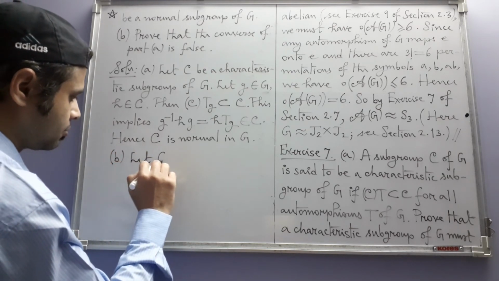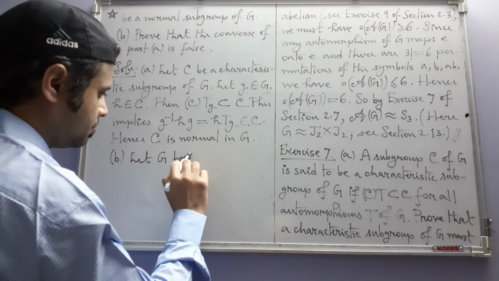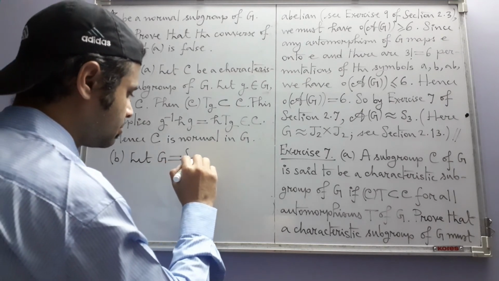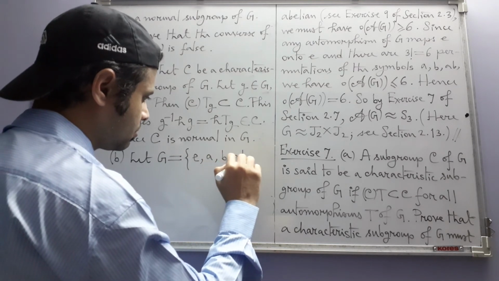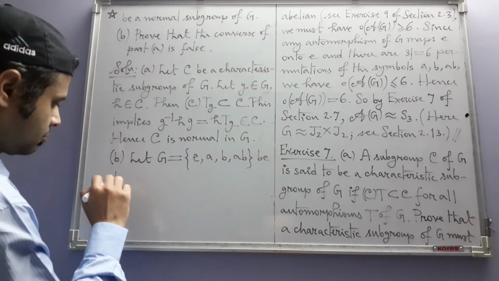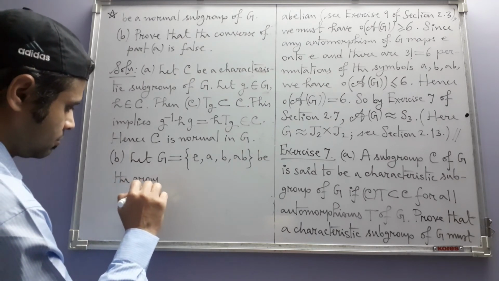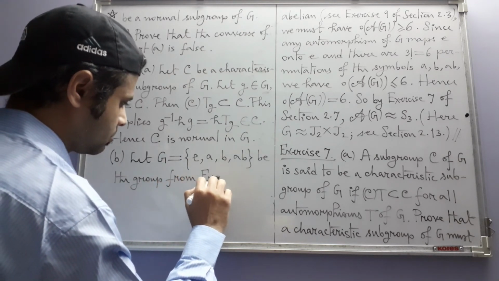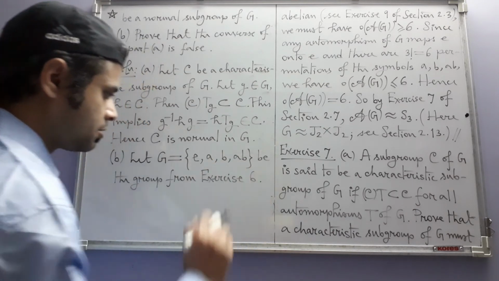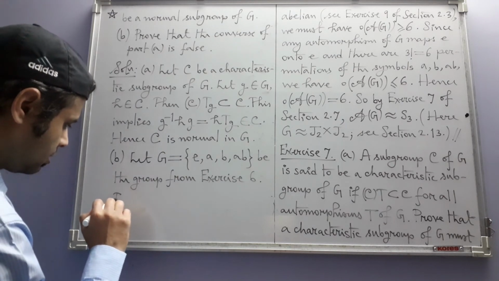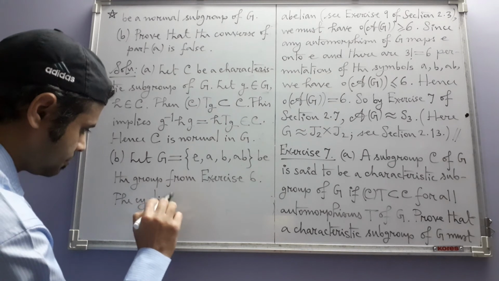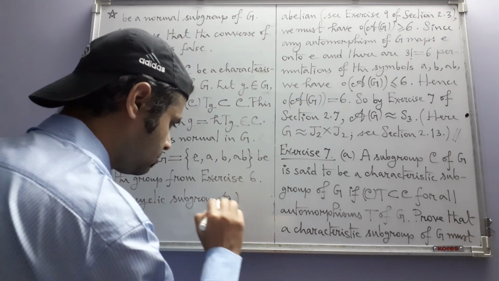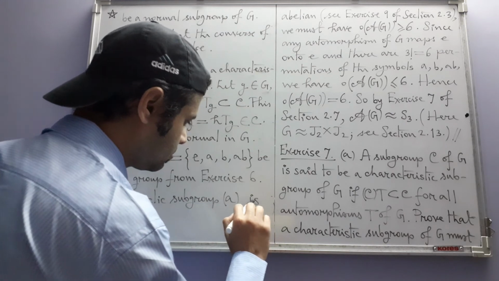Let G be, in fact, let us just also show the elements E, A, B, AB, the group from exercise 6. The cyclic subgroup generated by A is